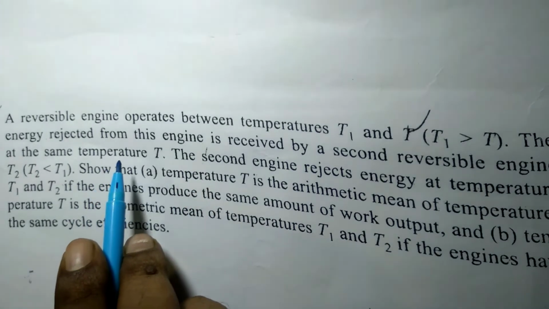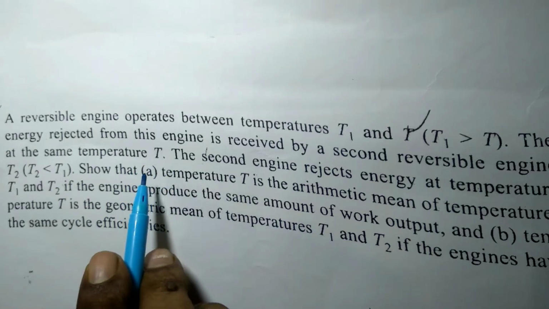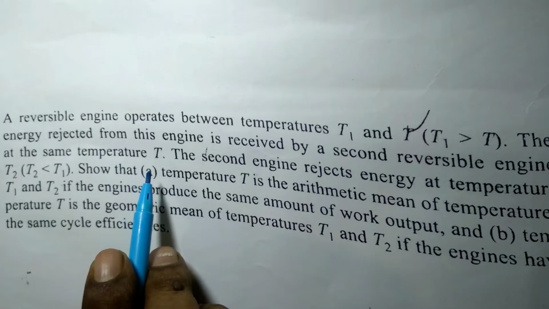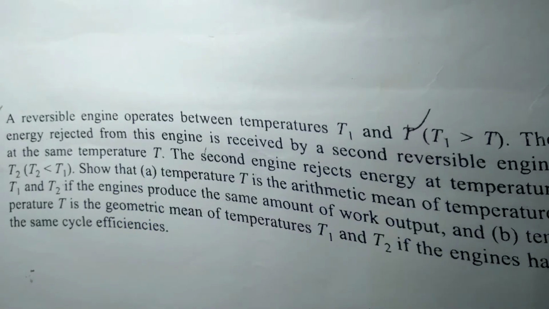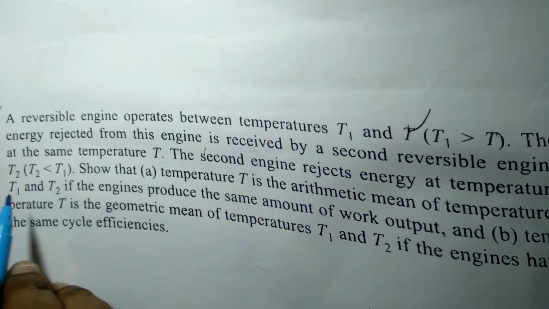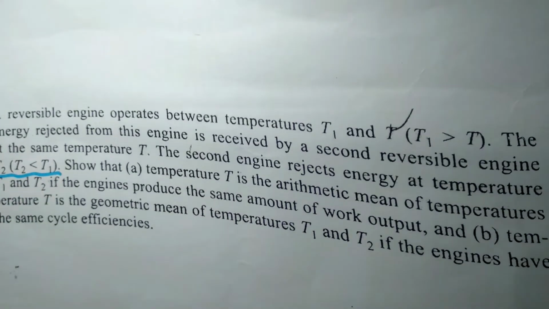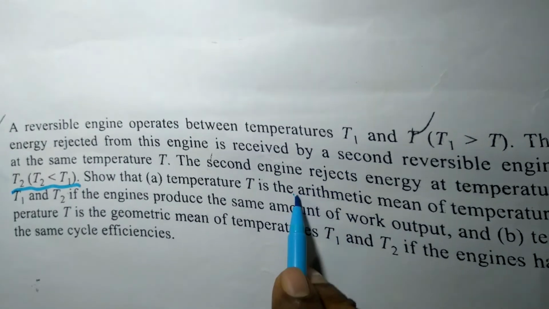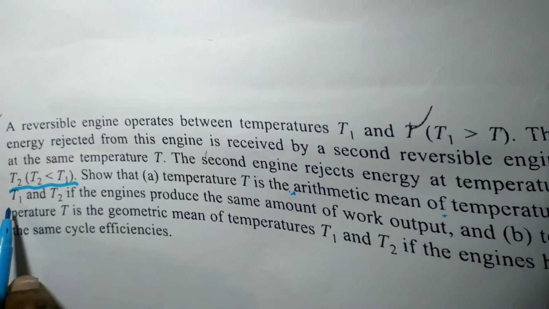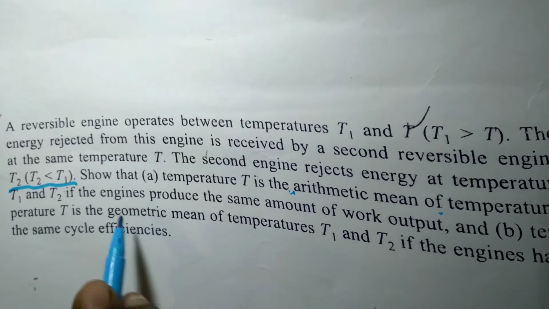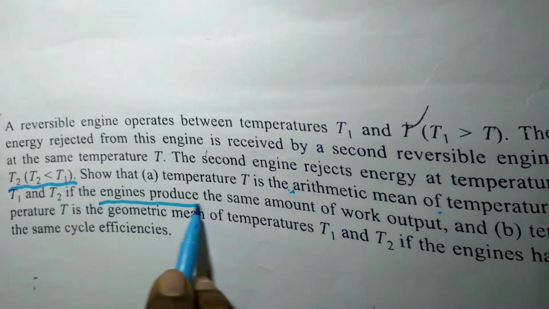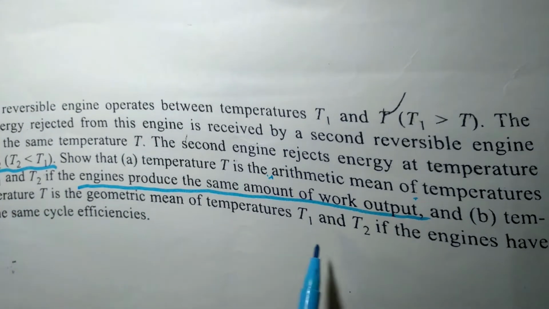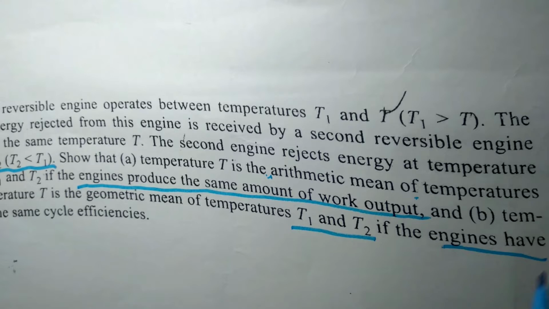Whatever energy is rejected by the first engine is supplied to the second engine, and that heat interaction takes place at a temperature T. The second engine rejects energy at a temperature T2, where T2 is less than obviously T1. So that temperature T is the arithmetic mean of temperatures T1 and T2 if the engines produce the same amount of work output. And temperature T is the geometric mean of temperatures T1 and T2 if the engines have the